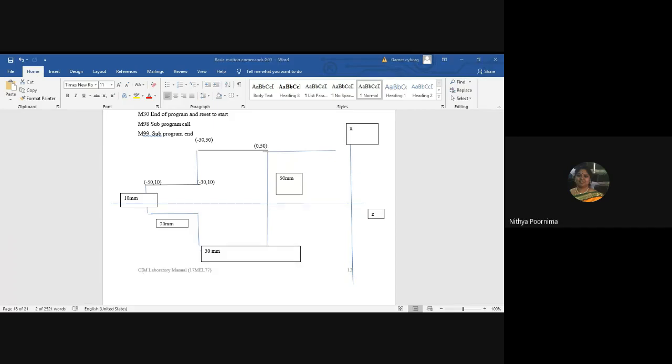What is the operation it has to do now? After lunch, all are feeling sleepy. You just understand the basic concept. Next class we will continue with the programming. Now just answer my question. What is the operation it has to do? Whether we're going to use the command G01 or G00 or G02 or G03.